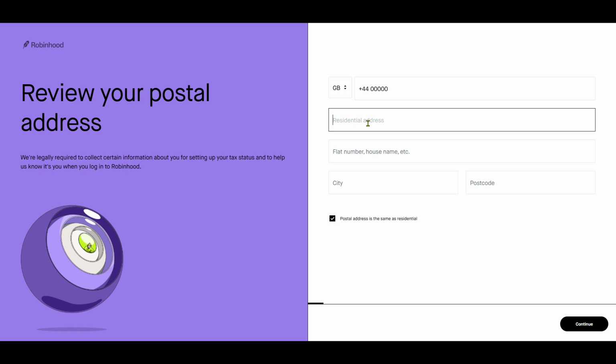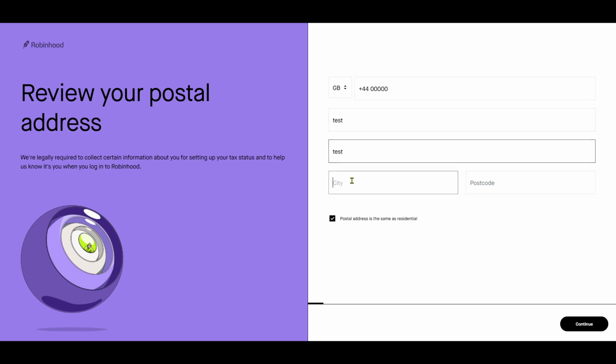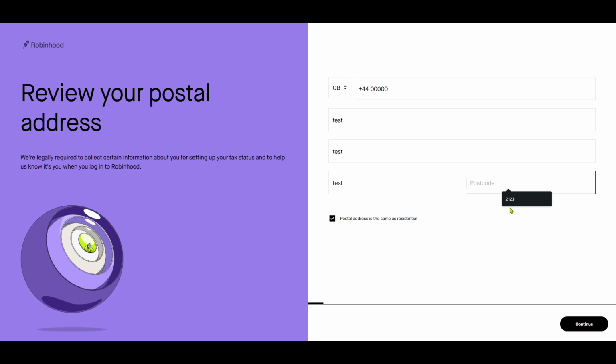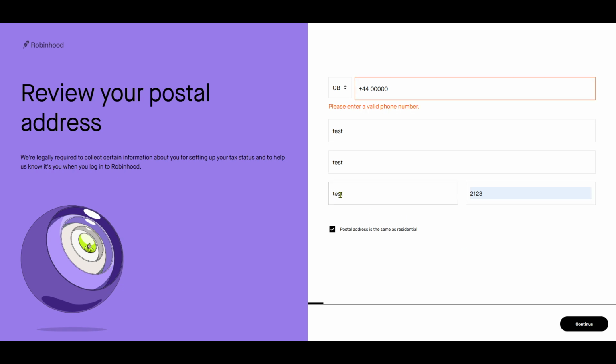As you provide your personal information, be sure to double-check all entries to avoid any errors that might lead to a delay. This step is focused on ensuring both accuracy and security. Once you've filled out the required fields, there should be a submission button to proceed with the verification. After submission, the verification may take a little time as Robinhood reviews the information provided. Keep an eye on your email, as Robinhood will notify you once your account is fully verified.